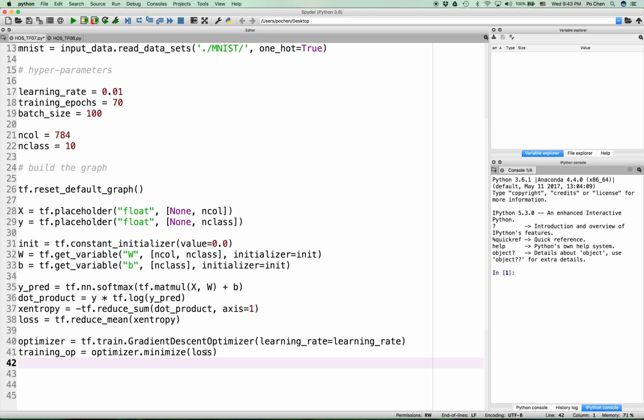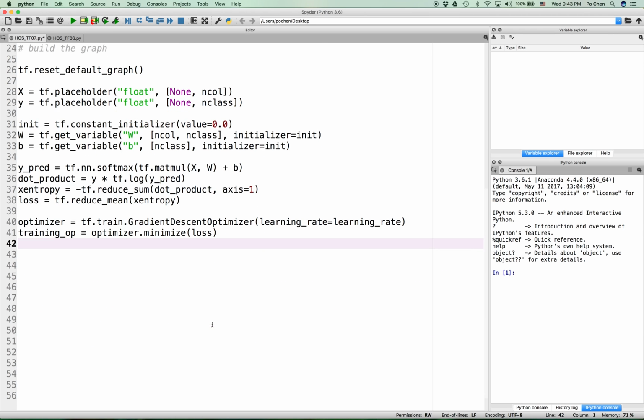But in the linear regression problem, we didn't have a test dataset, right? This time, in this particular case, we have a test dataset. We also need some kind of node to compute the accuracy of our trained model on the test dataset, right? How are we going to do that? It's actually easier than you think. Let's define a tensor called correct prediction. This correct prediction is just going to be equal to tf.equal,